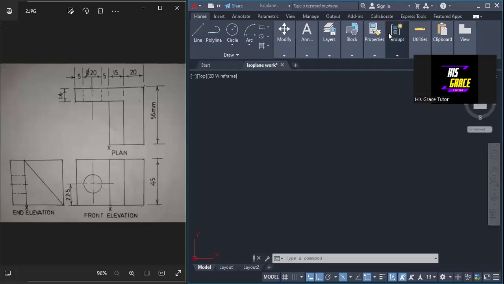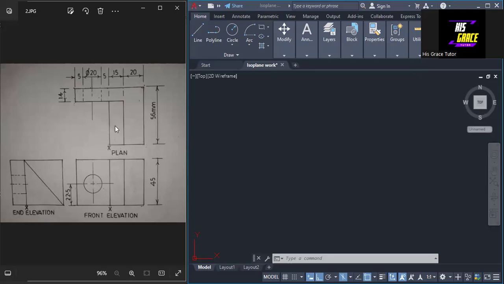Back to my channel. Here we are, still using isometric drafting to convert orthographic views into isometric view, and we want to work on this particular problem. We are going to convert these orthographic views into isometric view. As you can see, these orthographic views are given in third angle projection, as it is shown here